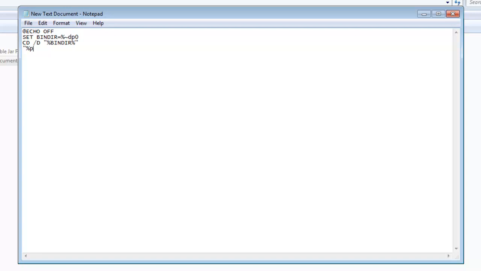So program, make sure your caps lock is off at this point, program files. Now if you copied it, it'll have a space x86. Now make sure you just bridge the gap. You don't need that space, that will mess it up, and you have to add in between the other parentheses mark and the slash a %. Now you just add the slash java /JRE6/bin/